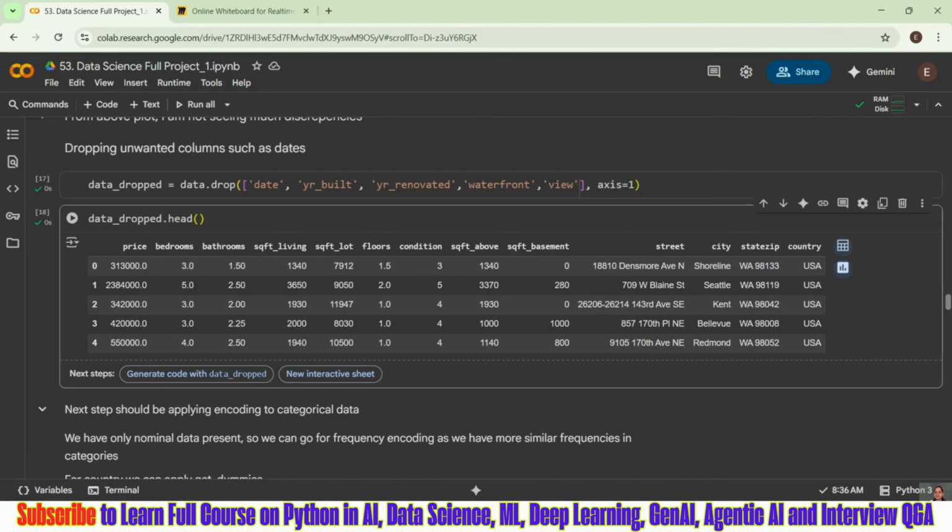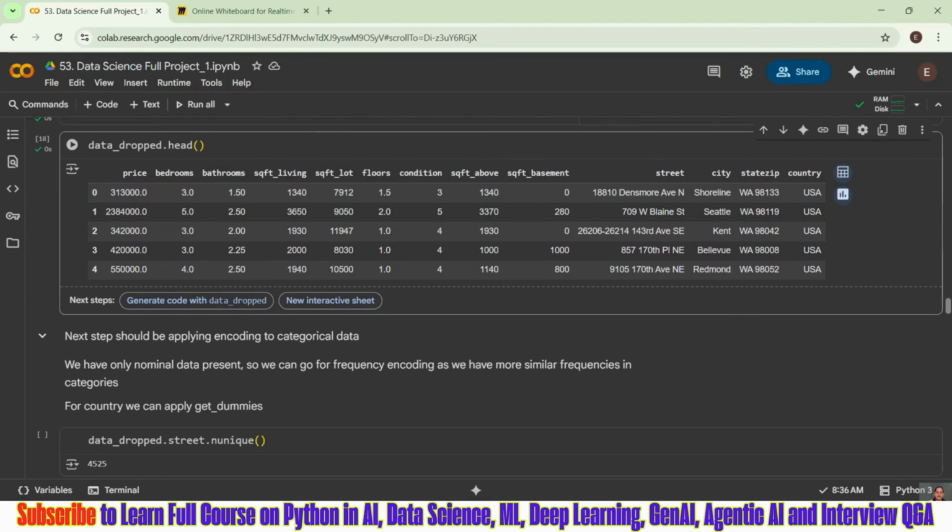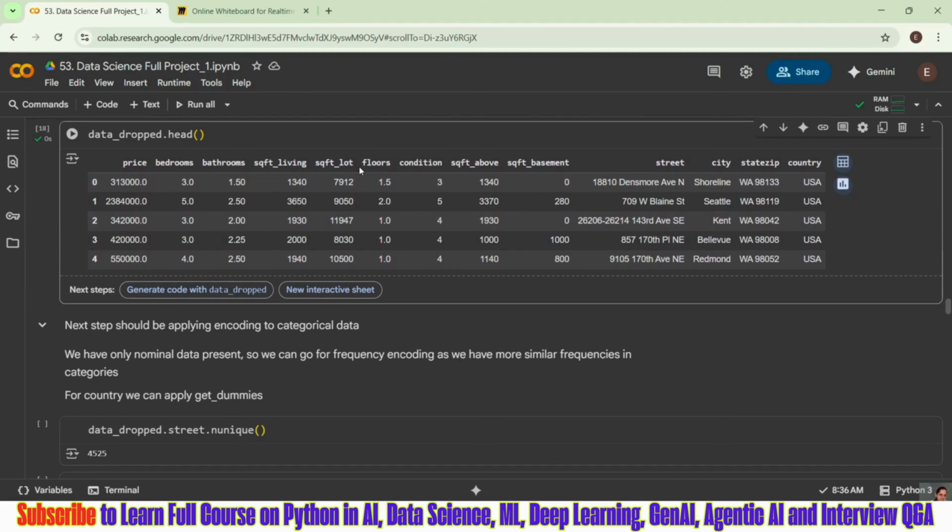We were left with this many. Now, you can scale these numeric columns first, and after that go ahead and apply encoding techniques for the others.